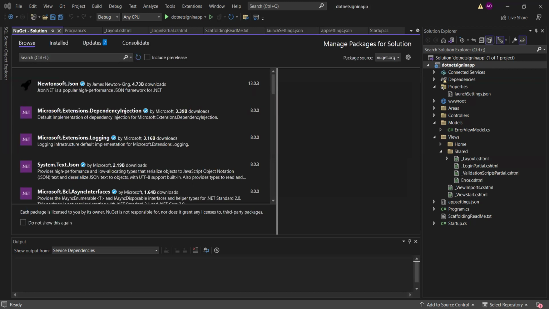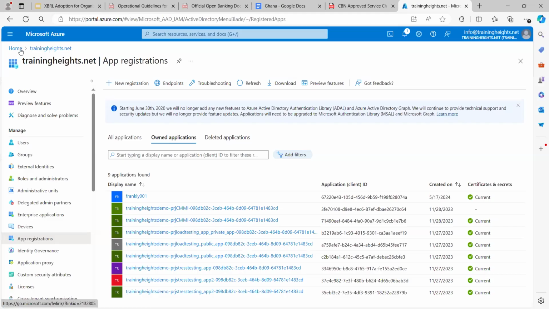Then the next thing we need to do is to create an application object, and we need to create the application object using the default prompt. So let me go to my Azure portal. That is where we create our application object. We've done this before, but I'll just mention it again. To create an application object, you go over to your Azure portal, you search for